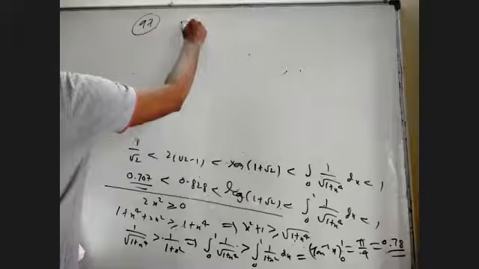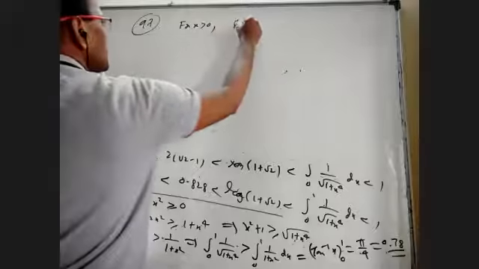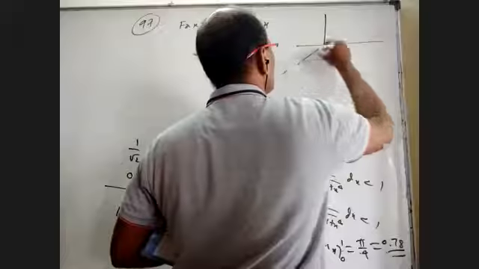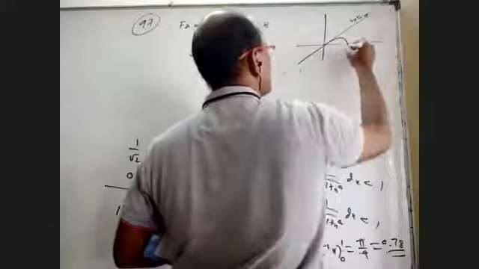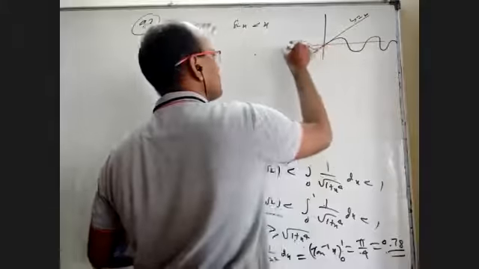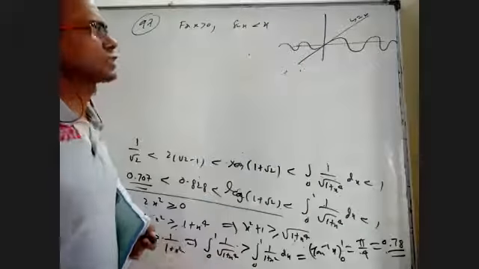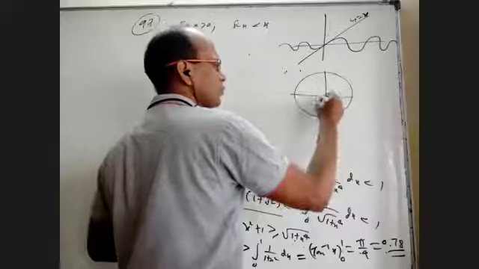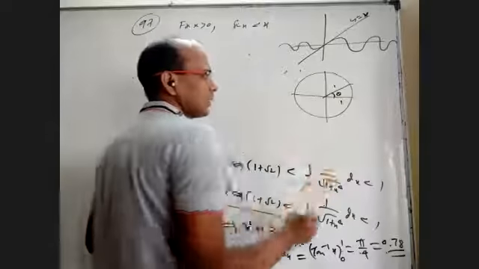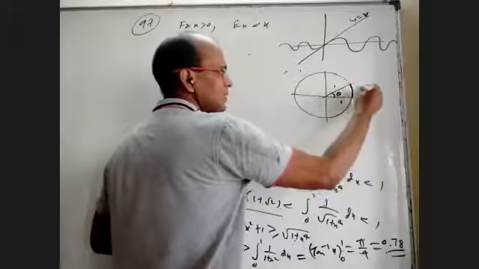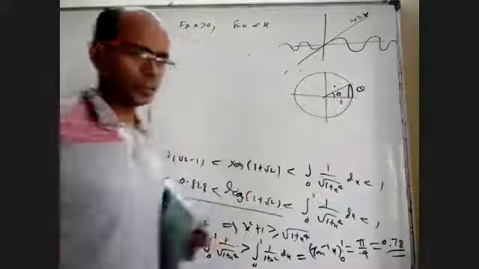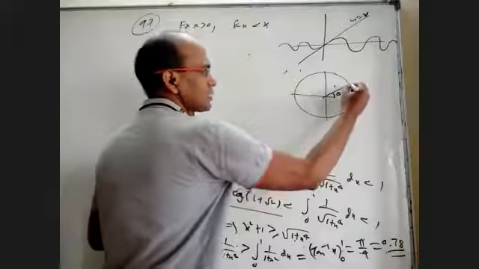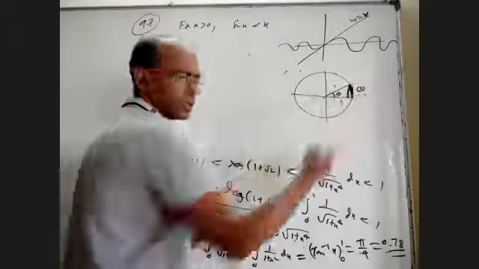We all know for x greater than 0, sin x is less than x. Even if you look at the graph, y equal to x is like this, and the sin x graph is like this. For all positive values, the sin x graph is much below y equal to x. Even according to the definition, if you take a circle of radius 1 unit, and this angle is theta, this arc length is theta, this height is sin theta. That's the definition of sin theta.